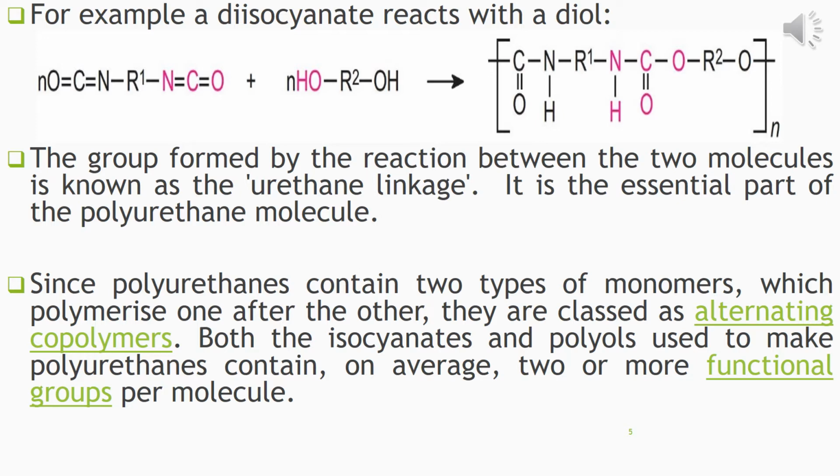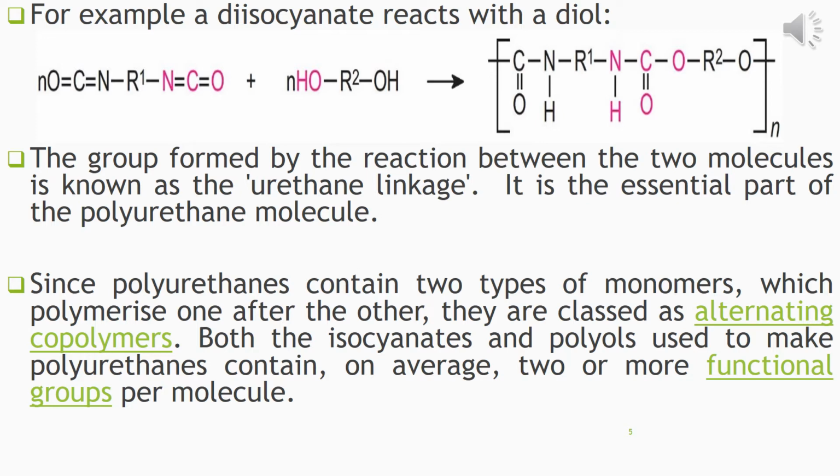If there are only 2 molecules and they are joined together, like one diisocyanate and one diol, this linkage which is in the pink color, that is shown as a urethane linkage. But when there will be n number of molecules reacting and n number of urethane linkages will be formed, then we shall say that this is polyurethane molecule. But now this urethane linkage is an essential part of the polyurethane molecule. Since